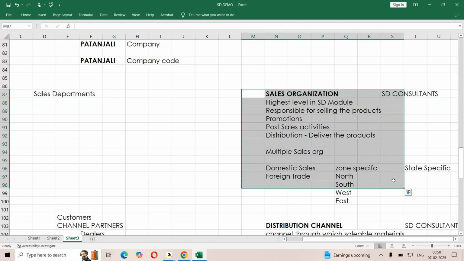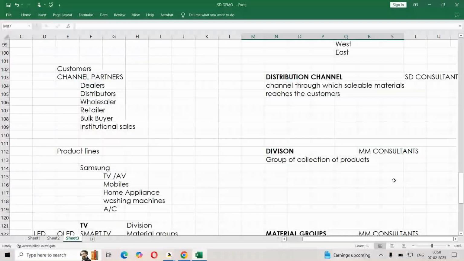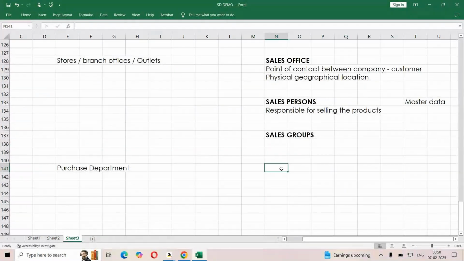We take care of only sales. If the sales team requires any stock which needs to be purchased, that needs to be communicated to the purchase organization. You're going to hear a very common business term, purchase org. They are responsible for purchasing the stock.